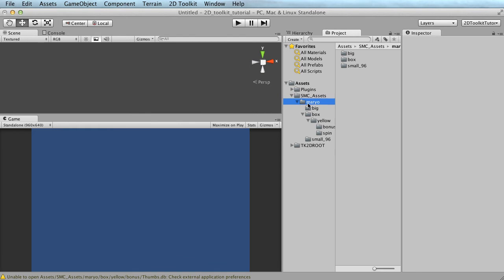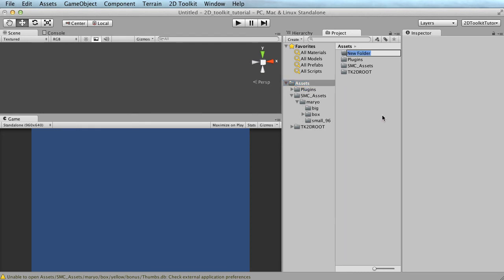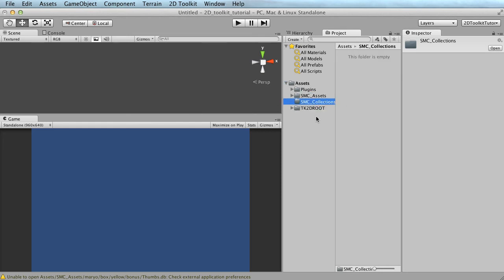Alright, so we have a lot of assets here right now, so I'm gonna work with this first. So let's create a huge one. Let's go to assets and create a folder to contain all of our collections. So SMC for Super Mario Chronicles collections. So we have assets and collections, and we're gonna keep those separate. So in the collections, I'm gonna create